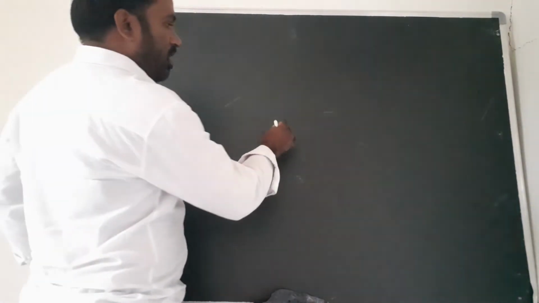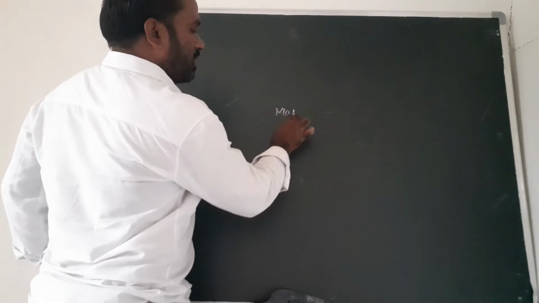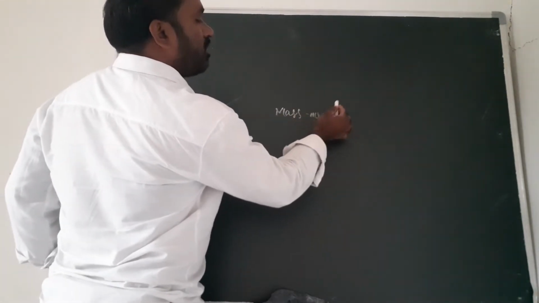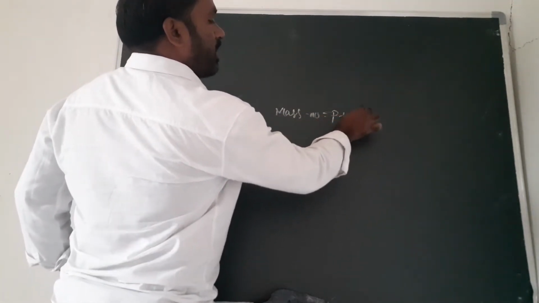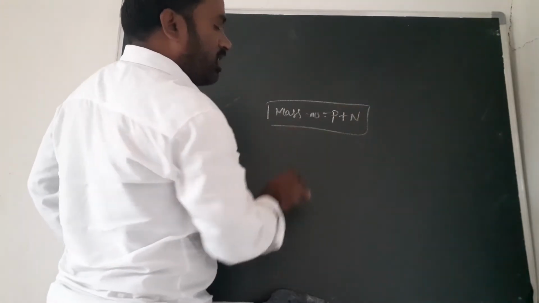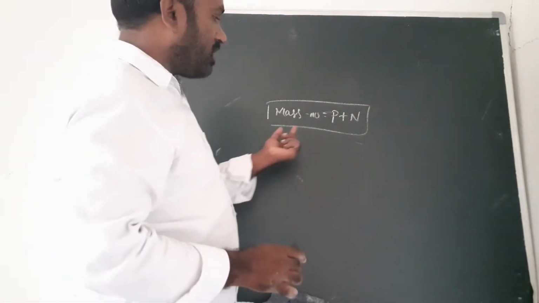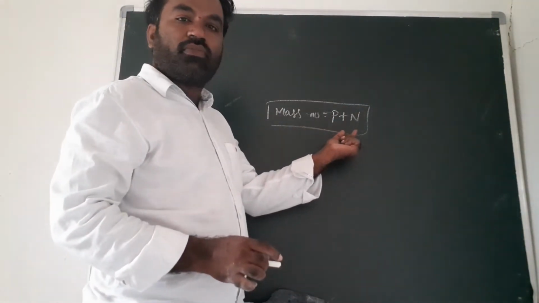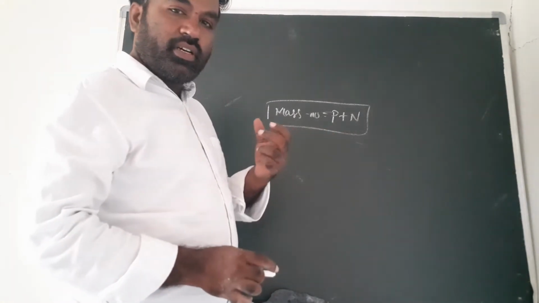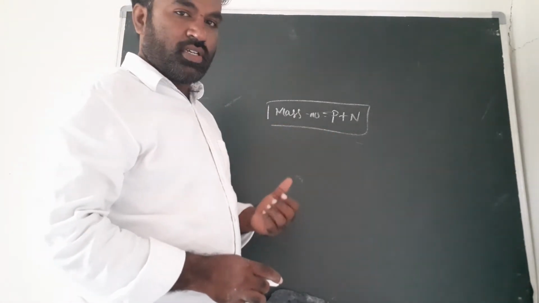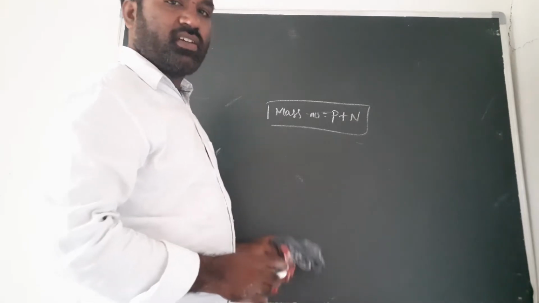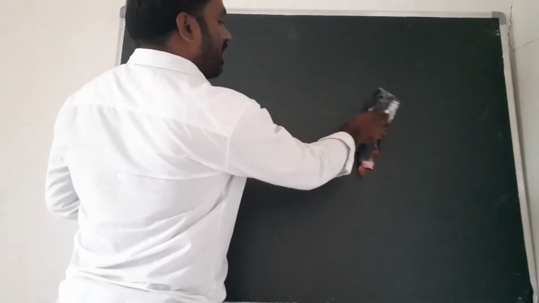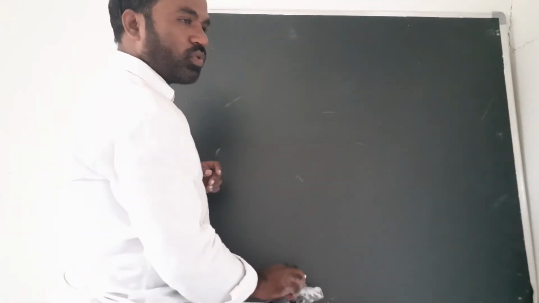Generally, the mass number or atomic weight of an element is the sum of the number of protons and the number of neutrons. In our books, mass number is the number of protons plus the number of neutrons. Here I prepared three types of tricks to remember the mass number of the elements.